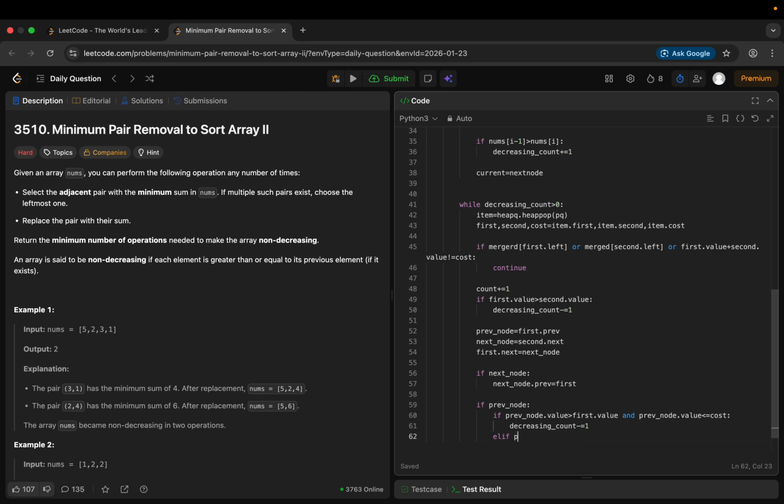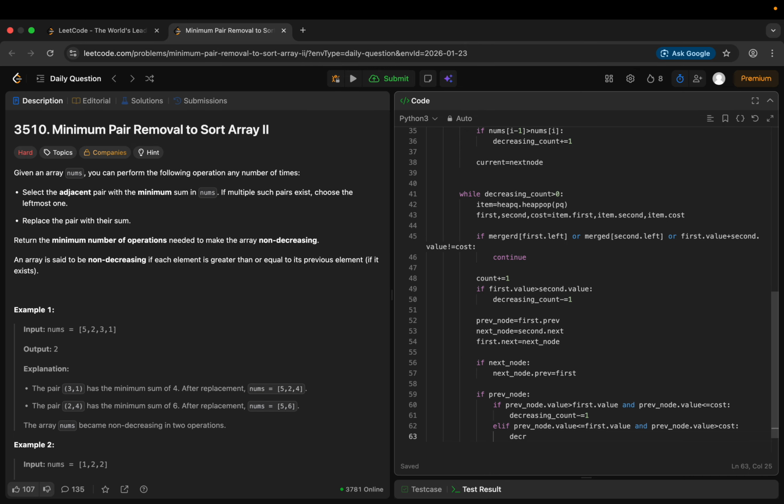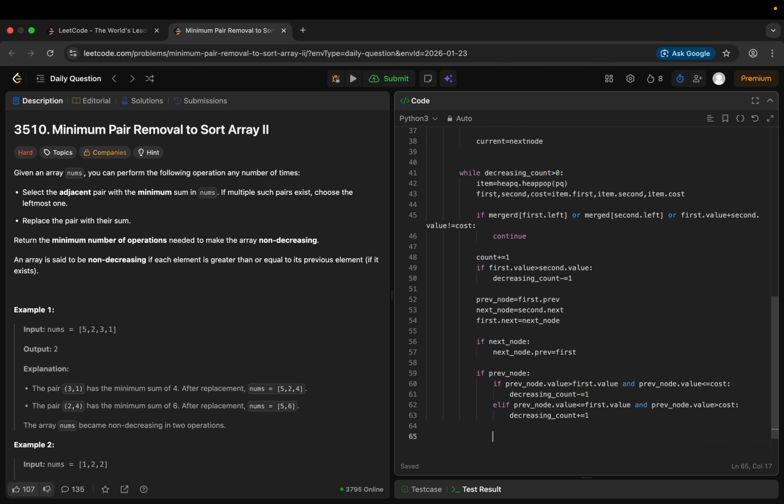If suppose initially the previous node dot value was less than or equal to first dot value, it means it was in the correct order, but now the previous node dot value is greater than the cost, which means we have got one more wrong order, so we will increase the decreasing count, decreasing count plus equal to 1, and now we can simply push this to the heap, so heapq dot heap